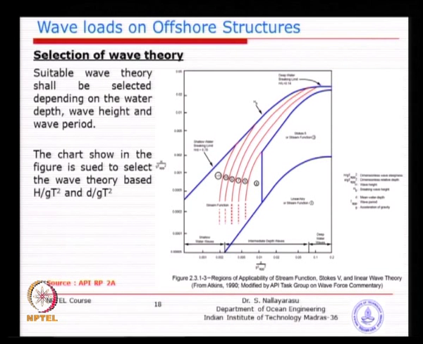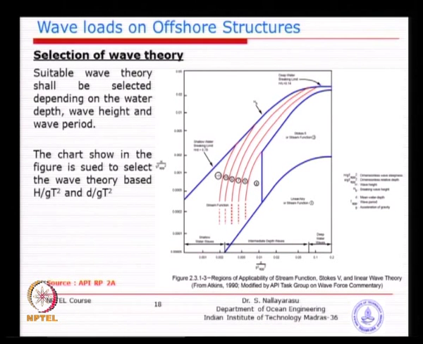Basically, that is the idea behind it: you will select linear wave theory when the d by g T square is a larger number. As it becomes smaller and smaller, you will see the shallow water effect, that means the wave will be effective throughout the full depth or as much as distributed to the full depth. So, that is why you will see shallow water waves, or you can even see stream function wave theories. In here there is nothing wrong even if you use stream function wave theory, but you can also select other theories.